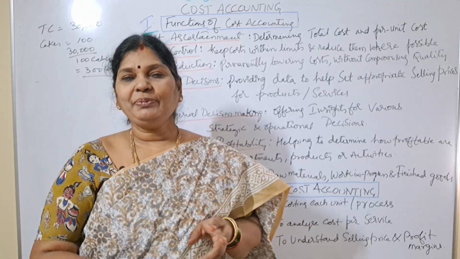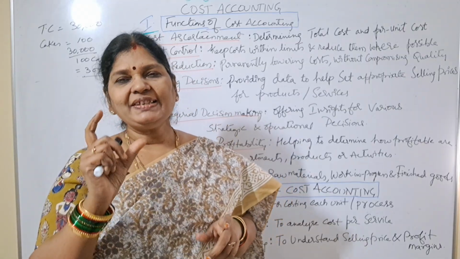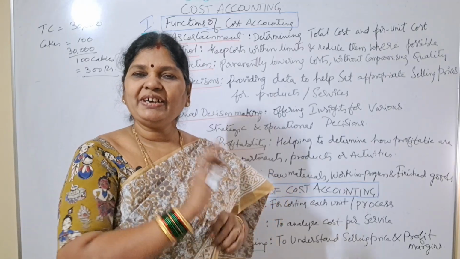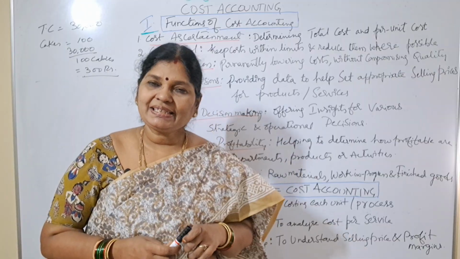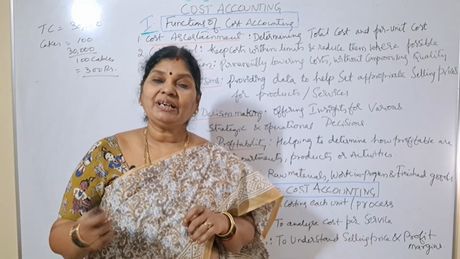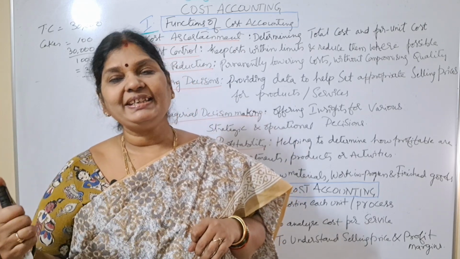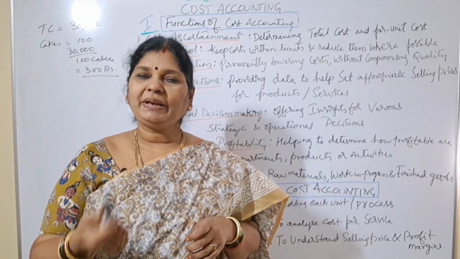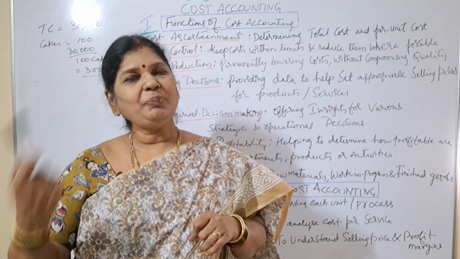If you take the example of our Sweet Treats, in this we are making a very specialized cake, right? This specialized cake is the signature of our Sweet Treats. This cake we can sell at a premium rate. We can fix selling prices based on the demand for the product. So when we come to know that our signature cake, that is the specialized cake, has more demand, what can we do? We can fix a higher price. We can make more production and more marketing for our product and get more profits.